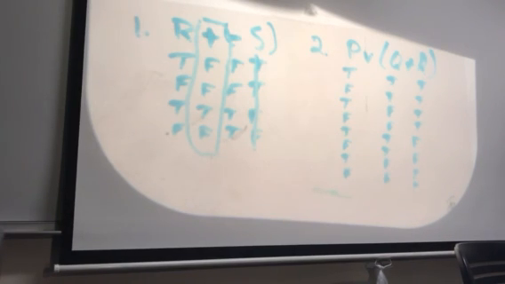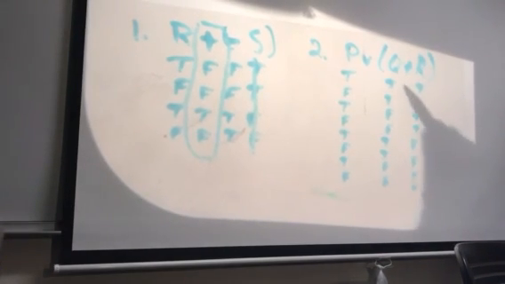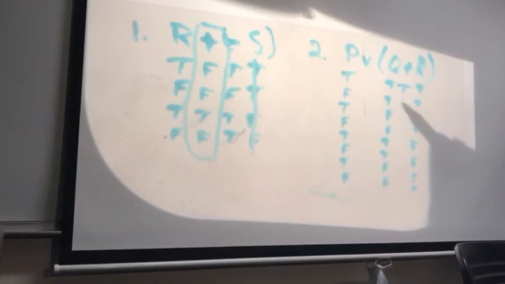So what happens is Q plus R is, it's hard to read up there, but it says true plus true is true, and true plus true is true, and all of the rest has false plus true